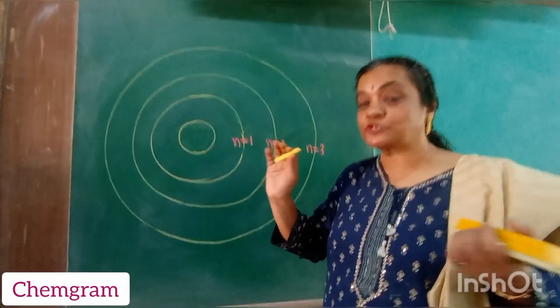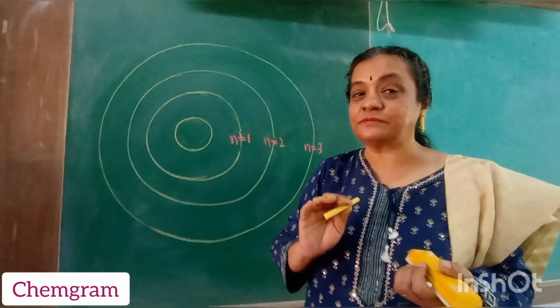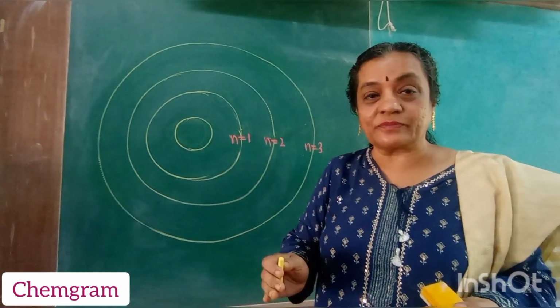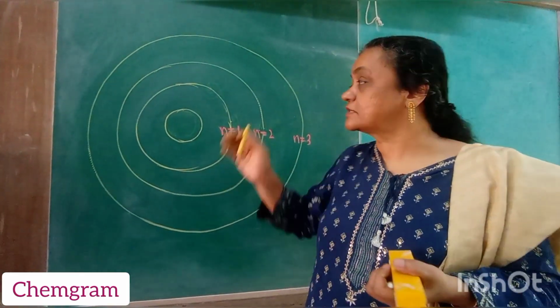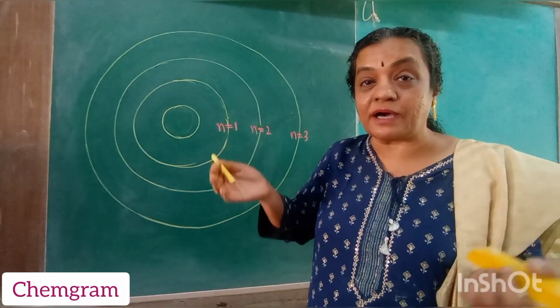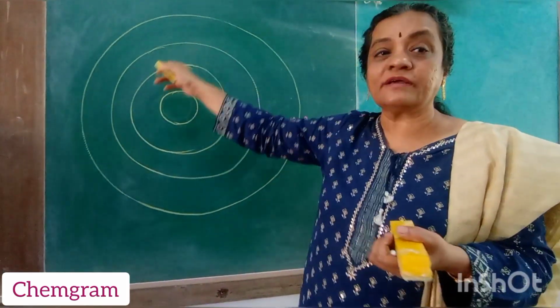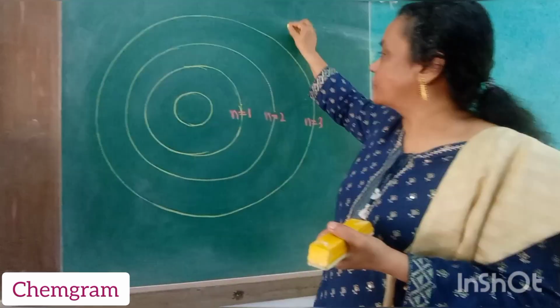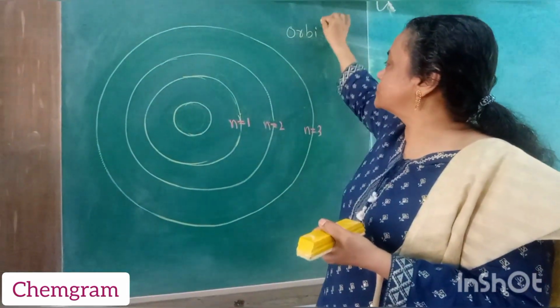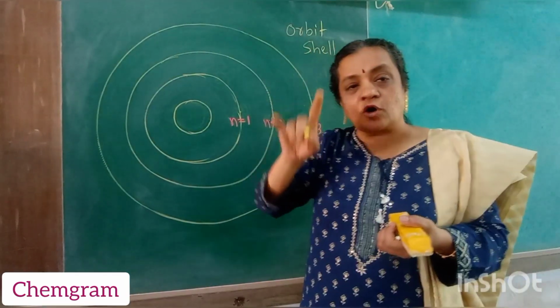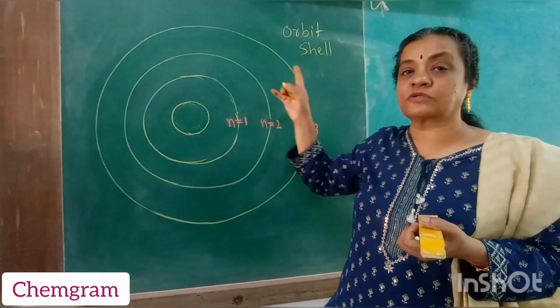Okay, तो अभी तो हमको श्योर हुआ, we understood what is atomic number. We also understood कि जितने प्रोटॉन्स हैं उतने ही इलेक्ट्रॉन्स होंगे. Now the question is, ये इलेक्ट्रॉन्स कहाँ पे घूम रहा है? न्यूक्लियस के बाहर है, पर where is it? It is moving in orbits around the nucleus. You can call it an orbit and sometimes you call it a shell. Okay, so it is moving in orbits or shells around the nucleus.